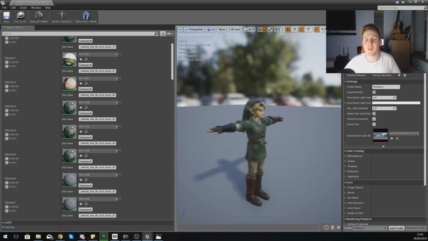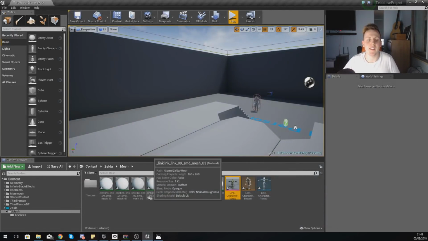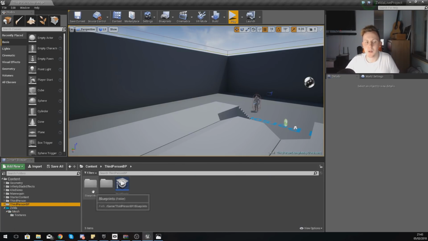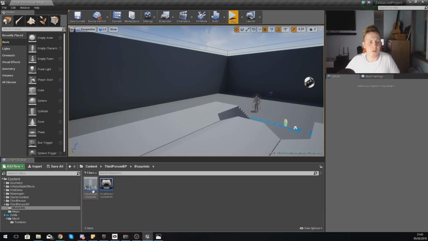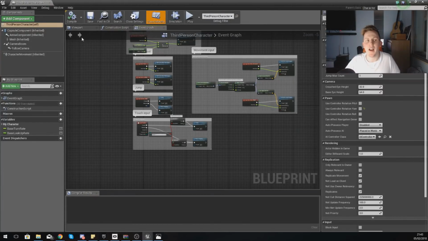So with this, what we need to do now then is find a way to take this character, use the animations, and then bring it to life inside of the game engine, getting it to move. So what I'm going to do is I'm actually going to go into my third person blueprints folder, go to blueprints, and then with this I'm going to open up my third person character,